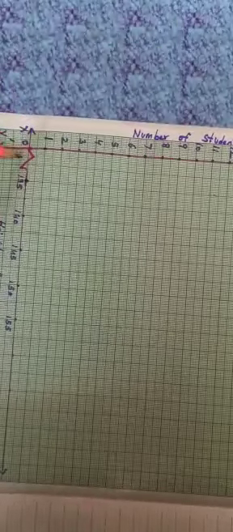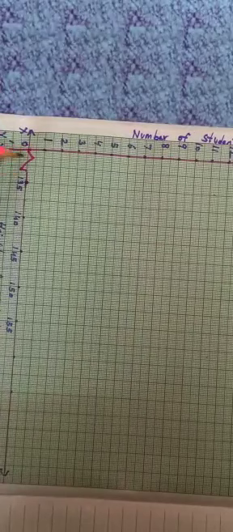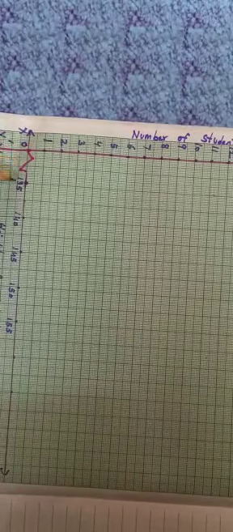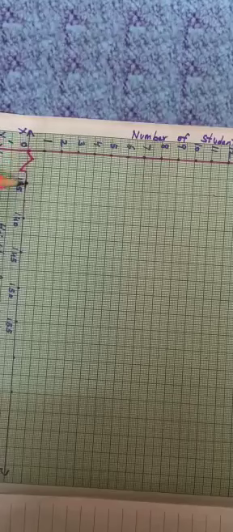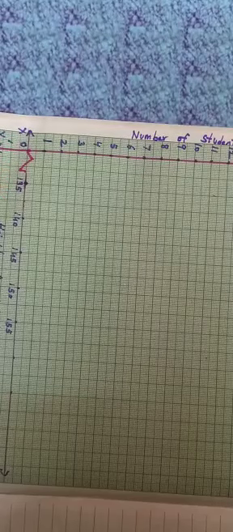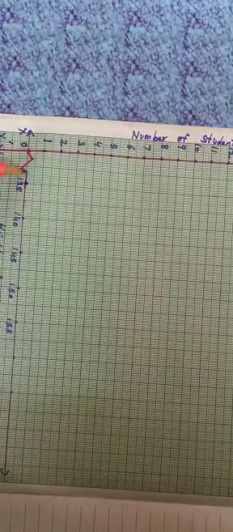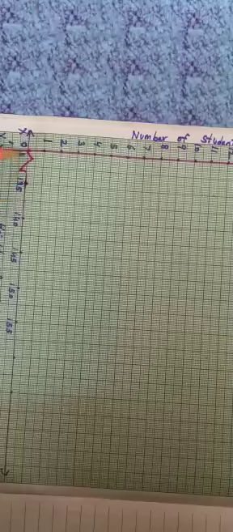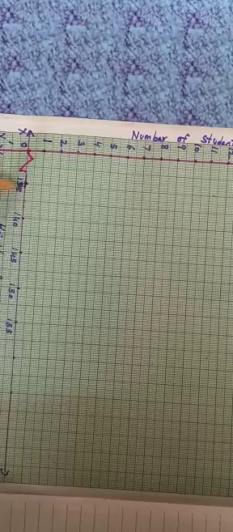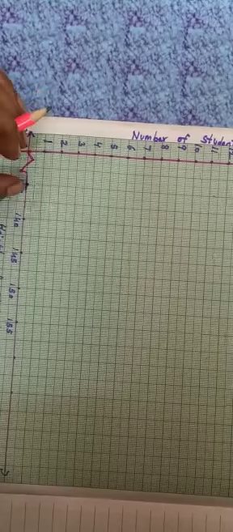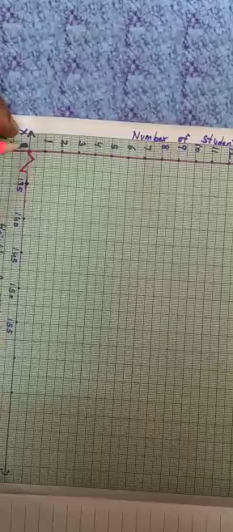And now the kink. Why have I shown the kink here? Because I am not showing the classes before it. I am starting from 135. So as it's been given, what is a kink mark? On the X-axis, a kink mark is shown between the origin and the first class. The first class starts from 135, so it is between 135 and the origin. The origin is the point of intersection of the X-axis and Y-axis.